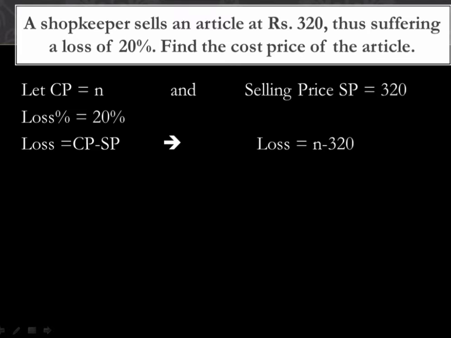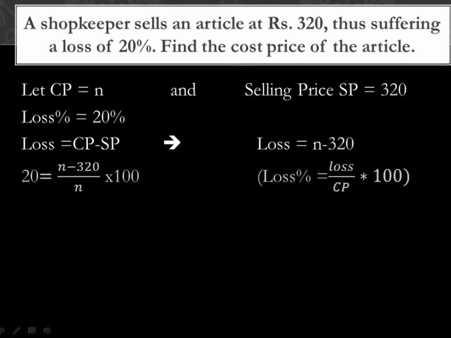That is our loss. Now I will use the formula of loss percentage. Loss percentage formula is loss upon CP into 100. So from here I can write loss percentage was 20. Loss is your N minus 320 upon CP is N multiplied with 100. Now this N is multiplied on this side because it is divided here, so it is multiplied on this side, and this 100 is multiplied with N and 320. So I will get 20N equals to 100N minus 100 multiplied with 320 will give you